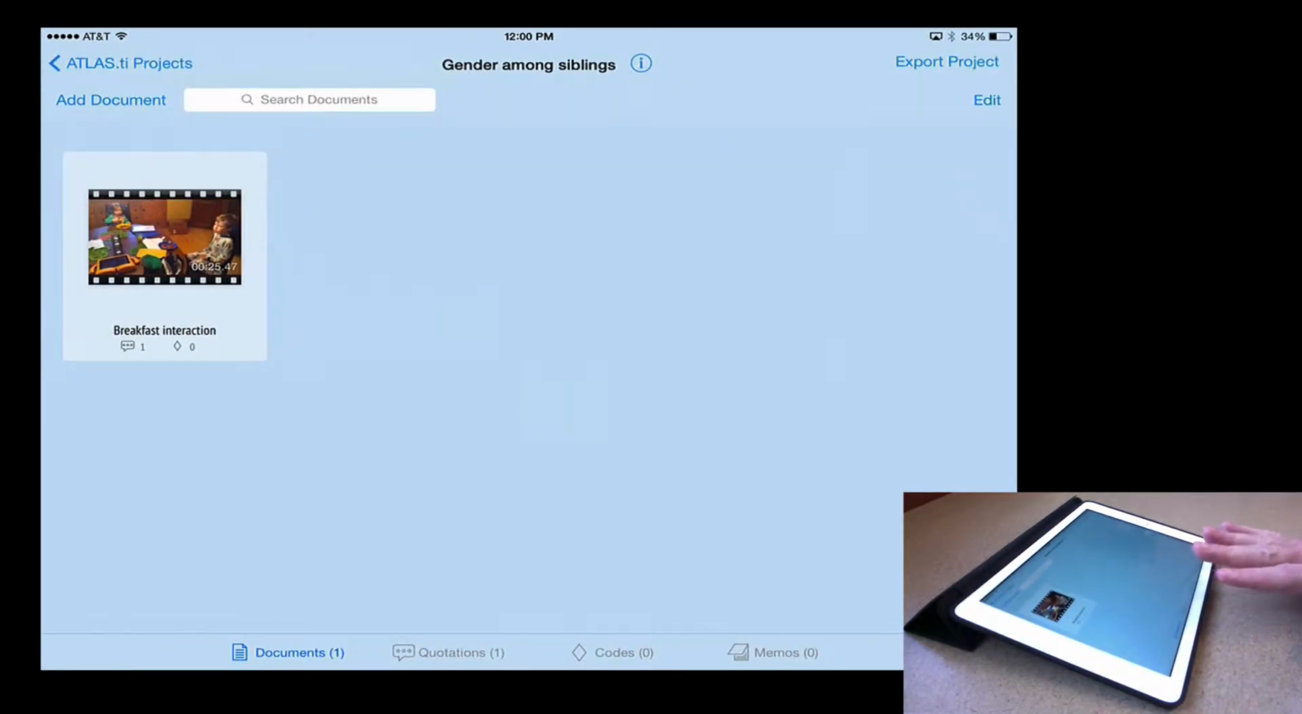So this is one I started earlier, and this one I'll call Gender Among Siblings. And so, shamelessly, I'm going to show you some pictures and videos of my kids, just as an example kind of project. So you'll see once you're into the project screen that you can start having documents added in here, and now these documents are going to be particular pieces of data that you can then go through and do some coding and analysis on. So I'm going to add a new document,